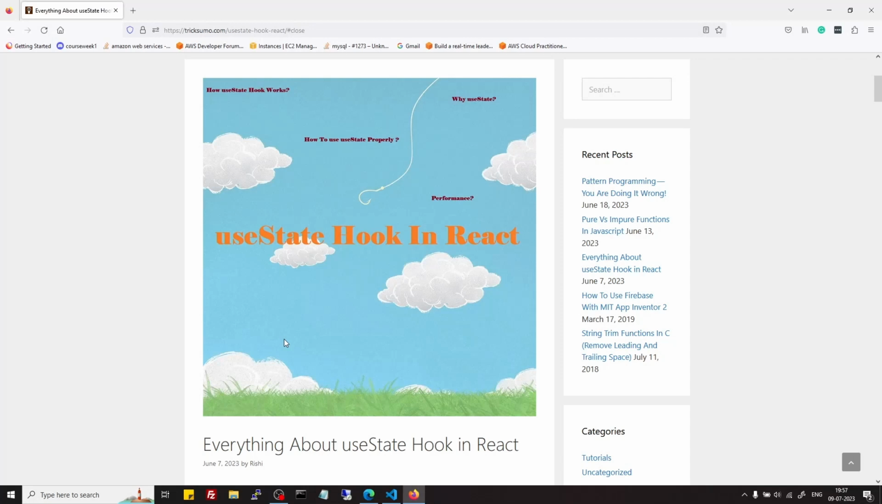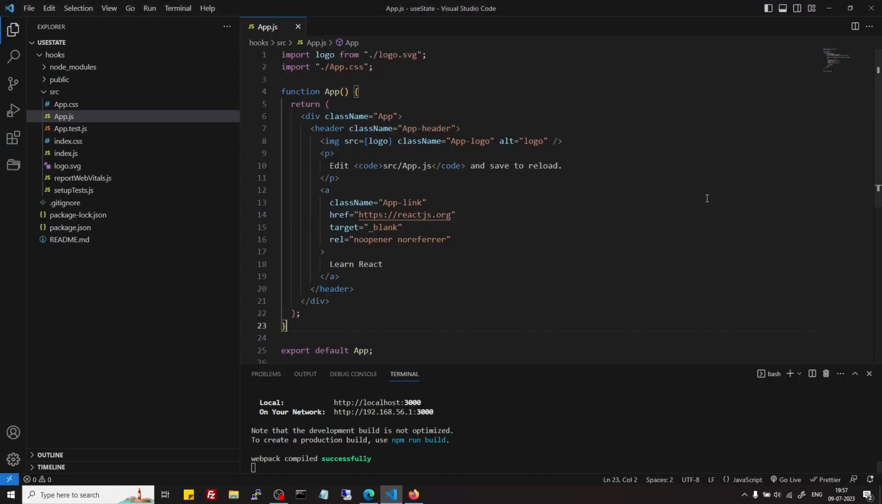Hello everyone. So in this video we will see what is useState hook in React and how to use it properly, and also at the end we will code our own half-cooked version of useState hook and try to understand how it works internally. So first thing, I had created this React app here